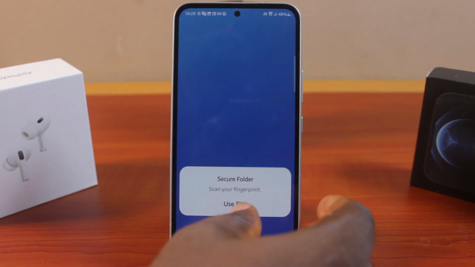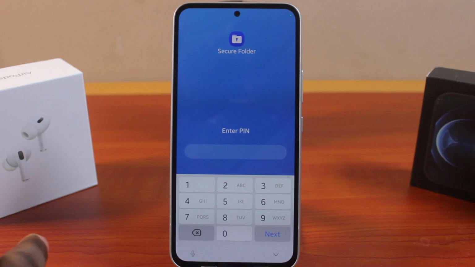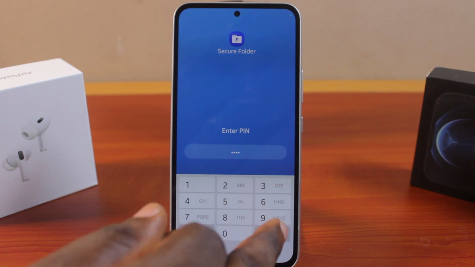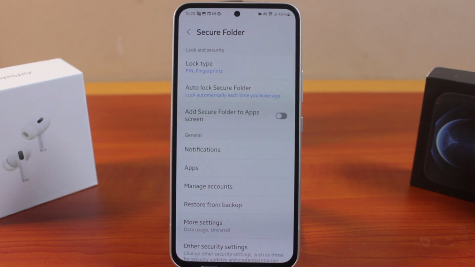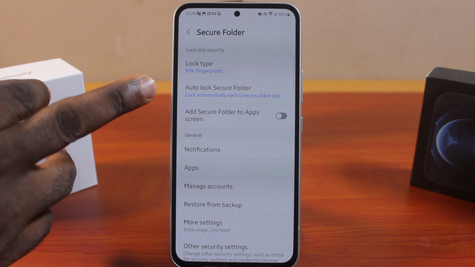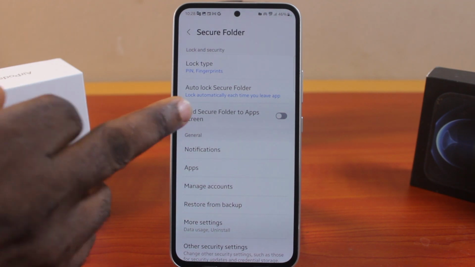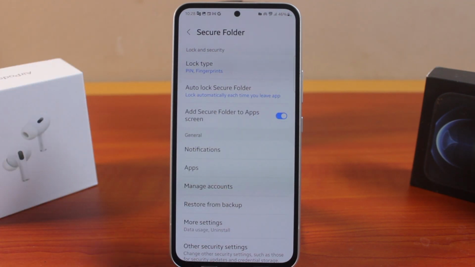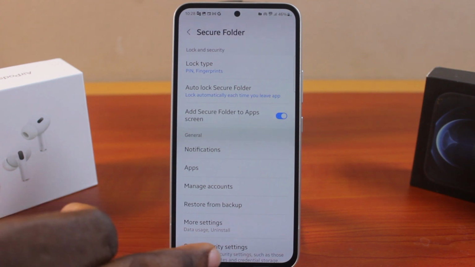Then you'll be prompted to unlock your secure folder using fingerprint or PIN or Face ID. Then go ahead and unlock your secure folder. Once your secure folder is unlocked, then scroll down and click on add secure folder to app screen. Then click on that. Once you tap add secure folder to app screen, then you can just go back to